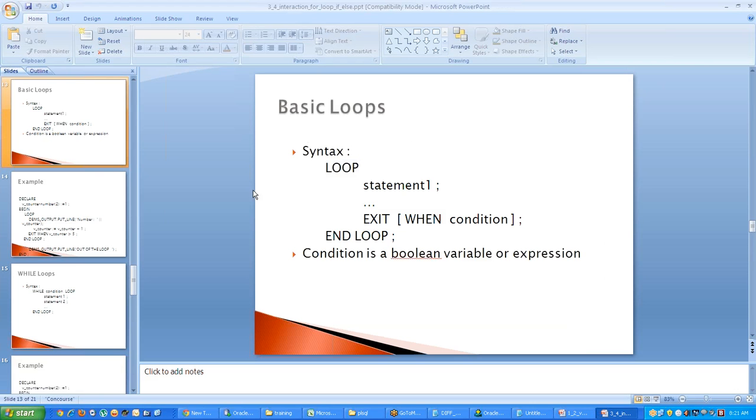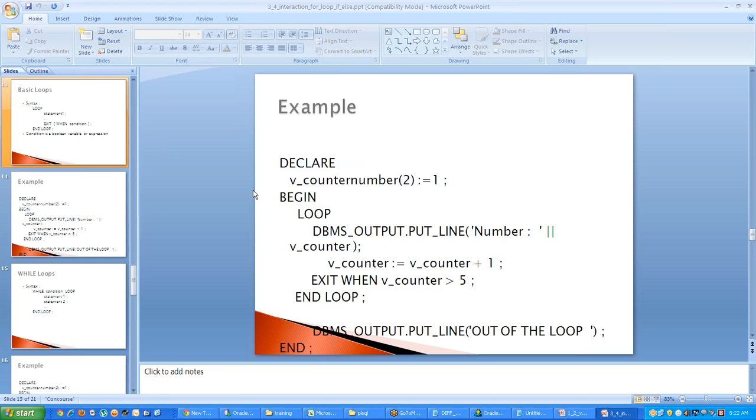Most of the time, it depends on the business logic which you write. Sometimes, if you want a single statement to be executed irrespective of your conditions, we'll go with a basic loop. But entry conditions and exit conditions will be there, right? So we'll see that. Coming to the basic loop,